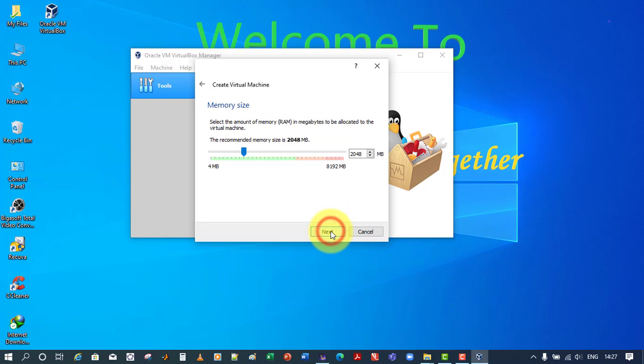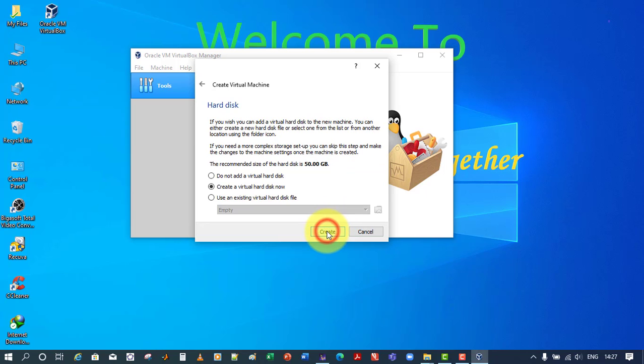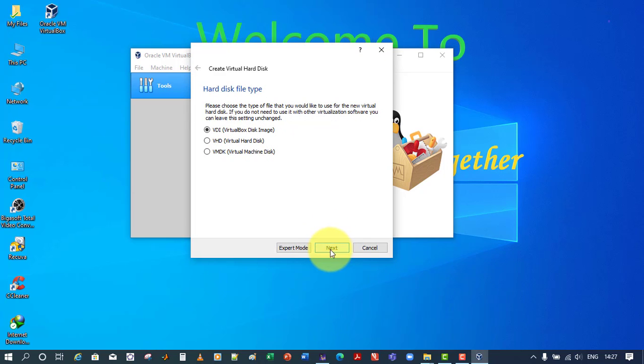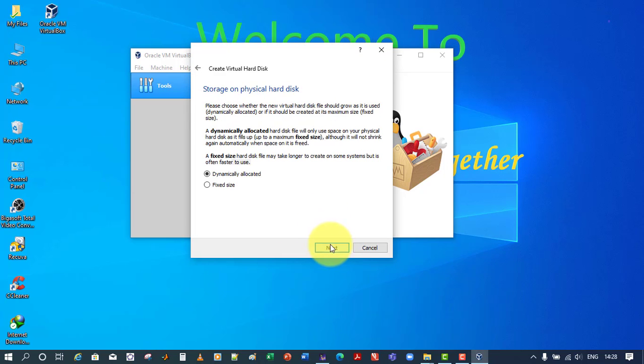Click on next. Here the recommended memory size, that is the recommended RAM size, is shown. I am going to select 4 GB, that is 4096 MB of RAM. Click on next, click on create, click on next, click on next